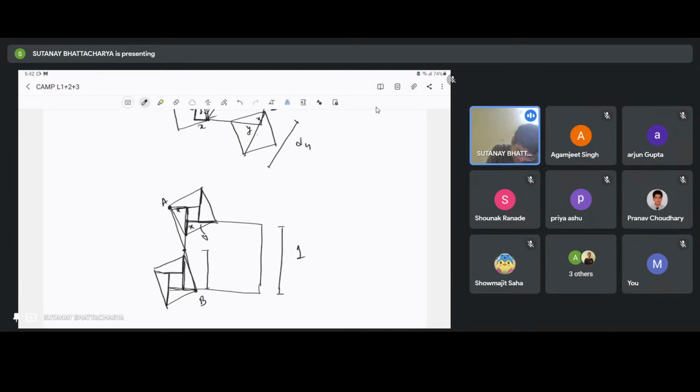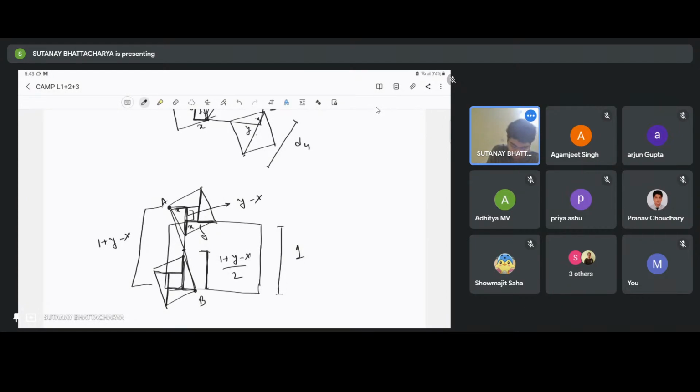So we know this length. Do we know this length? Y minus x. That's correct. So this is y minus x. So this total length is 1 plus y minus x, which means this, which is half of that, is this thing. And this is known to be x. And when you do the calculation and double it, you will get d1 is